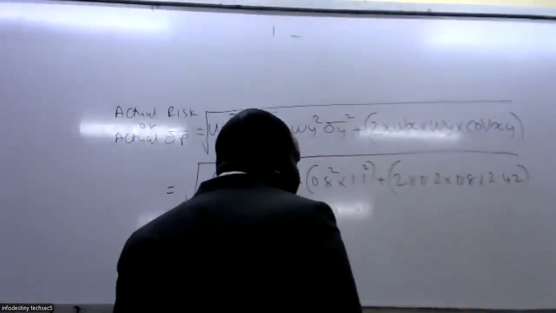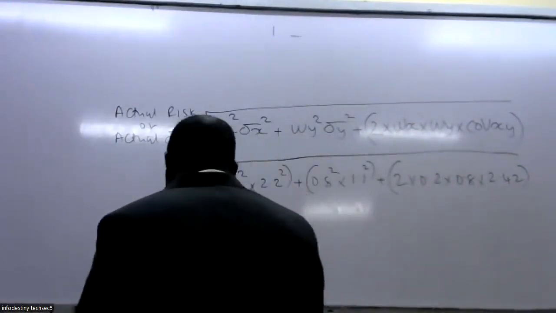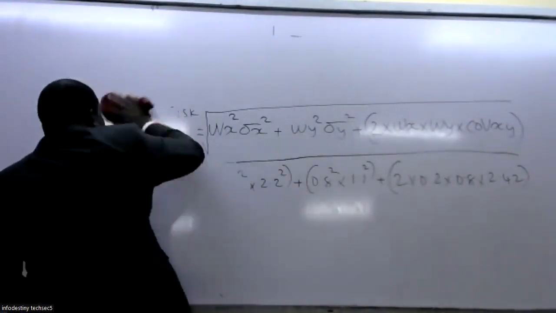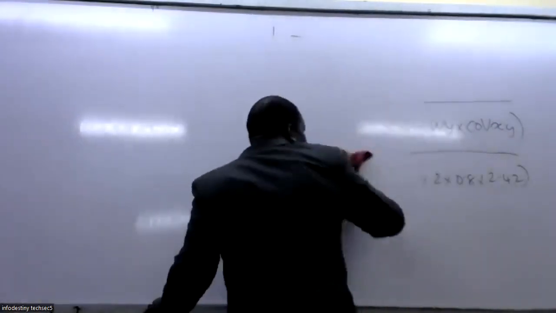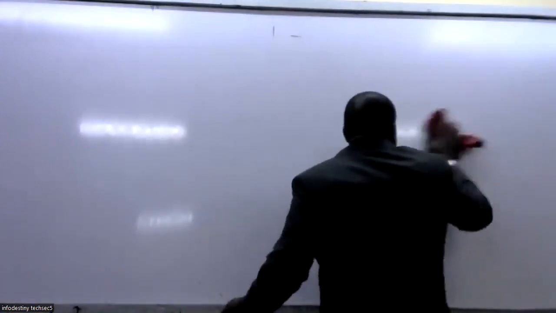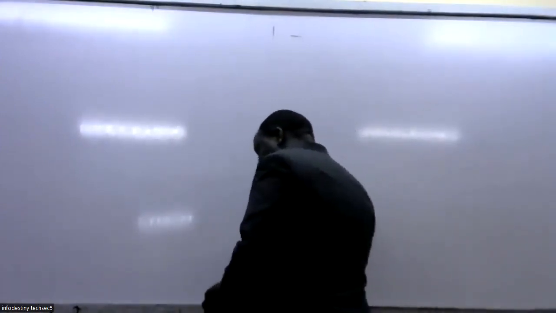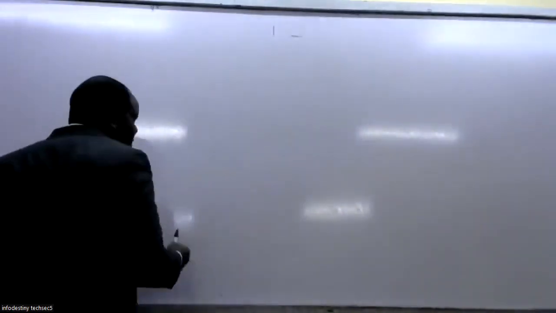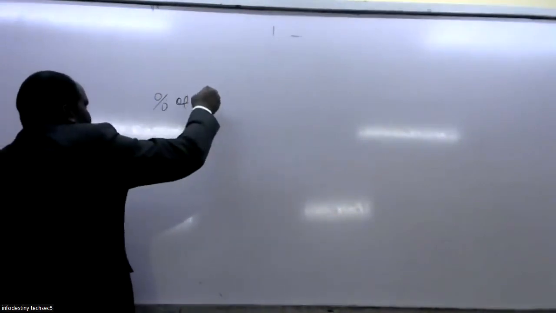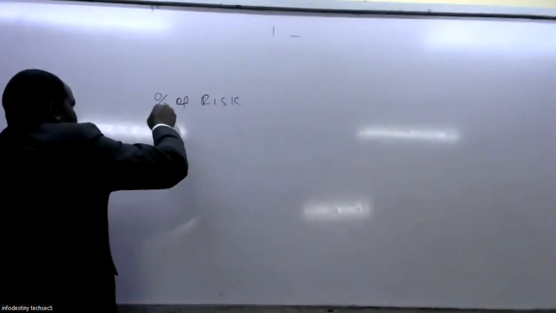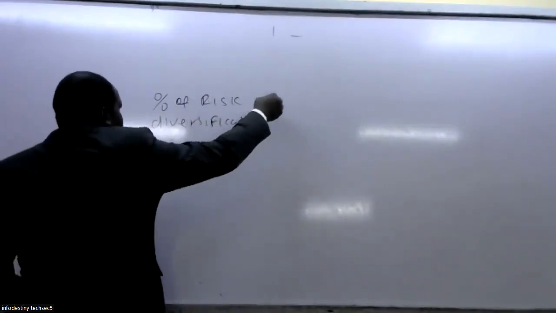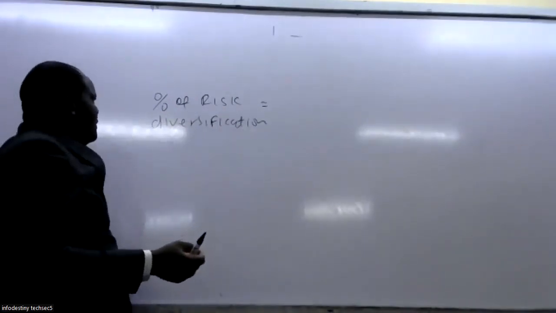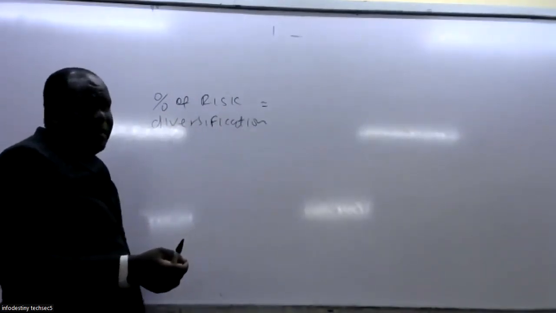So if you want to get the percentage of the risk minimization or diversification, it is supposed to be given by